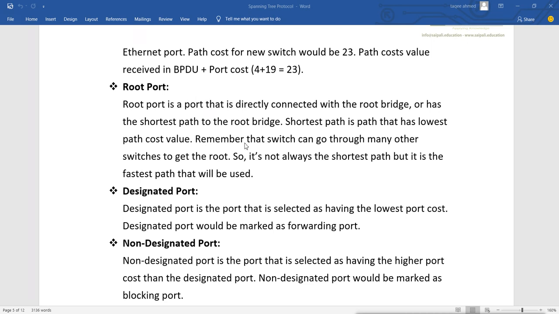So remember that a switch can go through many other switches to get to the root. So it is not always the shortest path, but it is the fastest path that will be used, and that will become what? The root port. The port which has the shortest and fastest path to reach the root bridge.